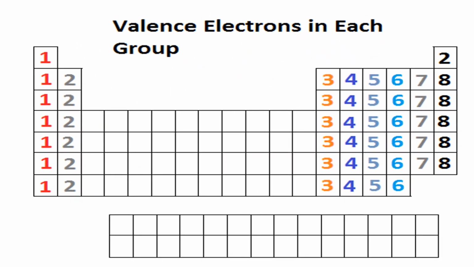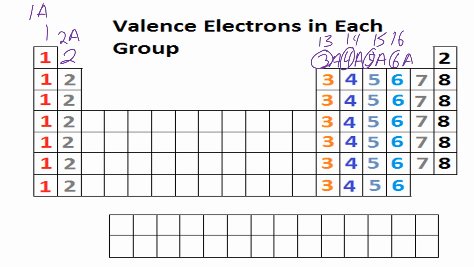So group 1 is going to have 1 valence electron. Group 2, 2 valence electrons. Group 13, or 3A, will have 3 valence electrons. Group 14, and I should go ahead and label this as 1A, this is 2A. Group 14, or 4A, will have 4. Group 15, or 5A, will have 5. Group 16, or 6A, will have 6. Group 17, or 7A, will have 7. Group 18, or 8A, will have 8, except